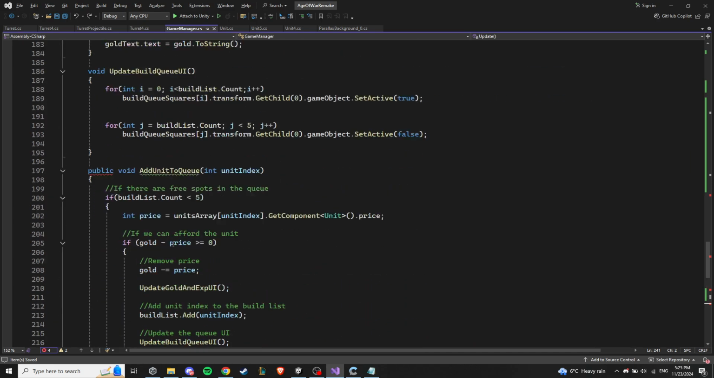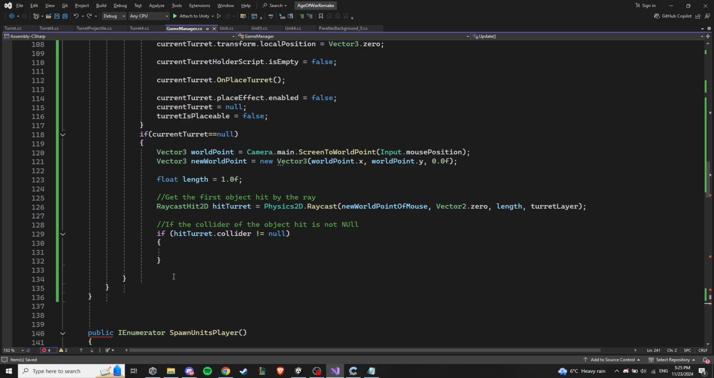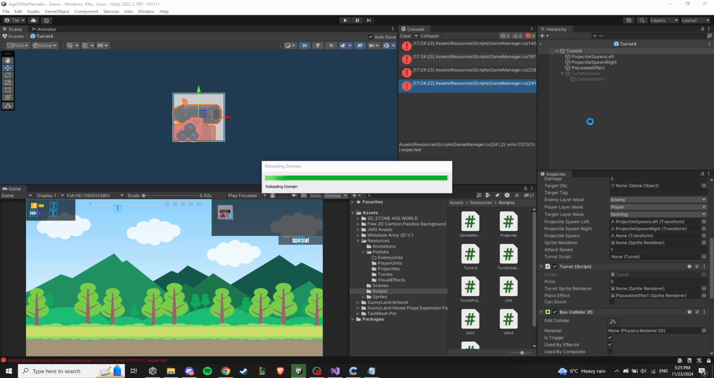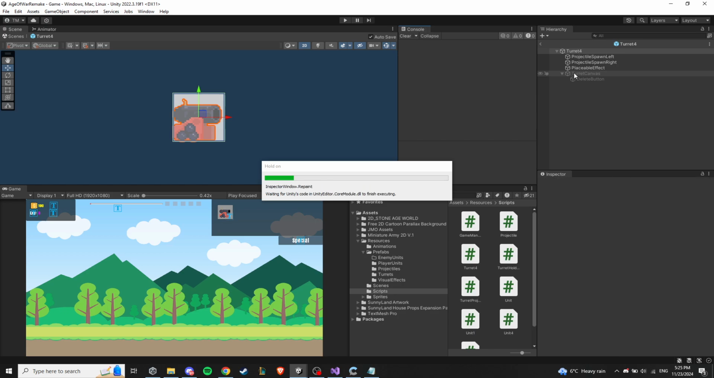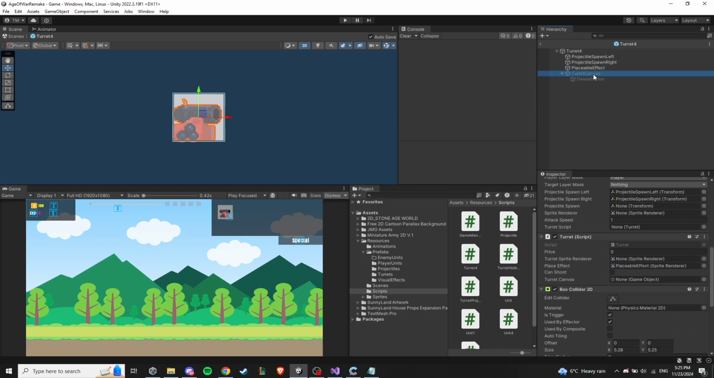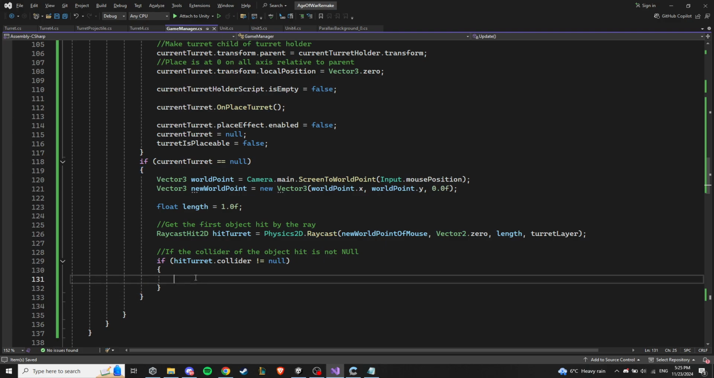There's an error somewhere here. Yes, here there's a curly bracket missing. Now that it compiles, we can drag that canvas onto our turret script. So let's drag that here. Now that we have it in, when we click on a turret we can enable that. So hit turret,